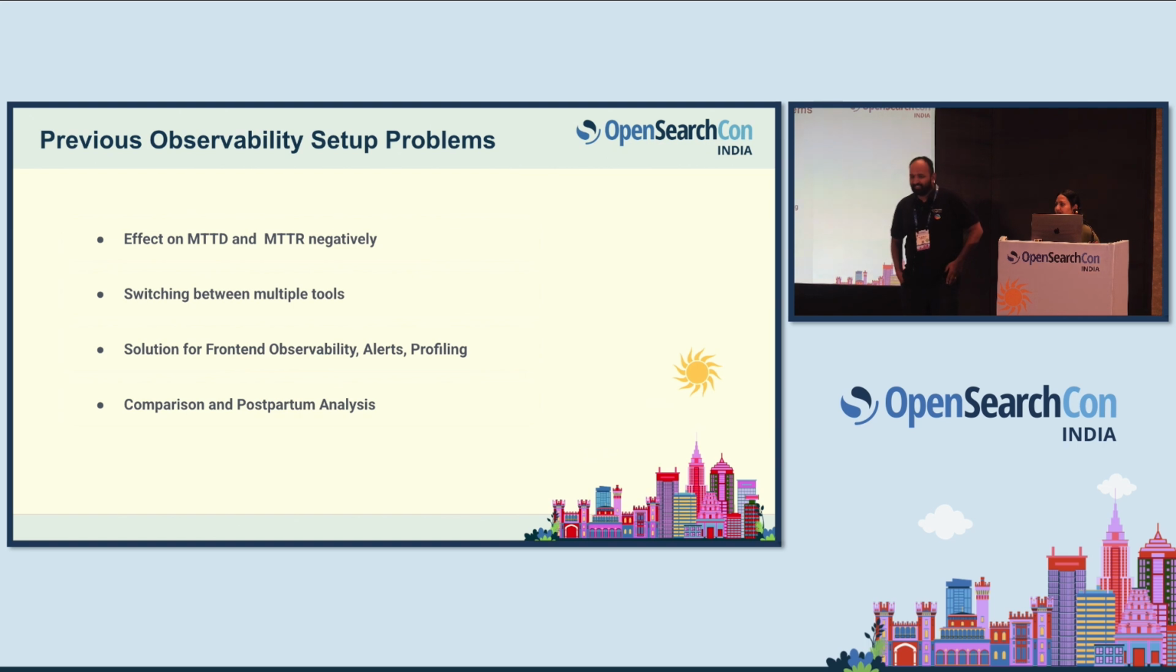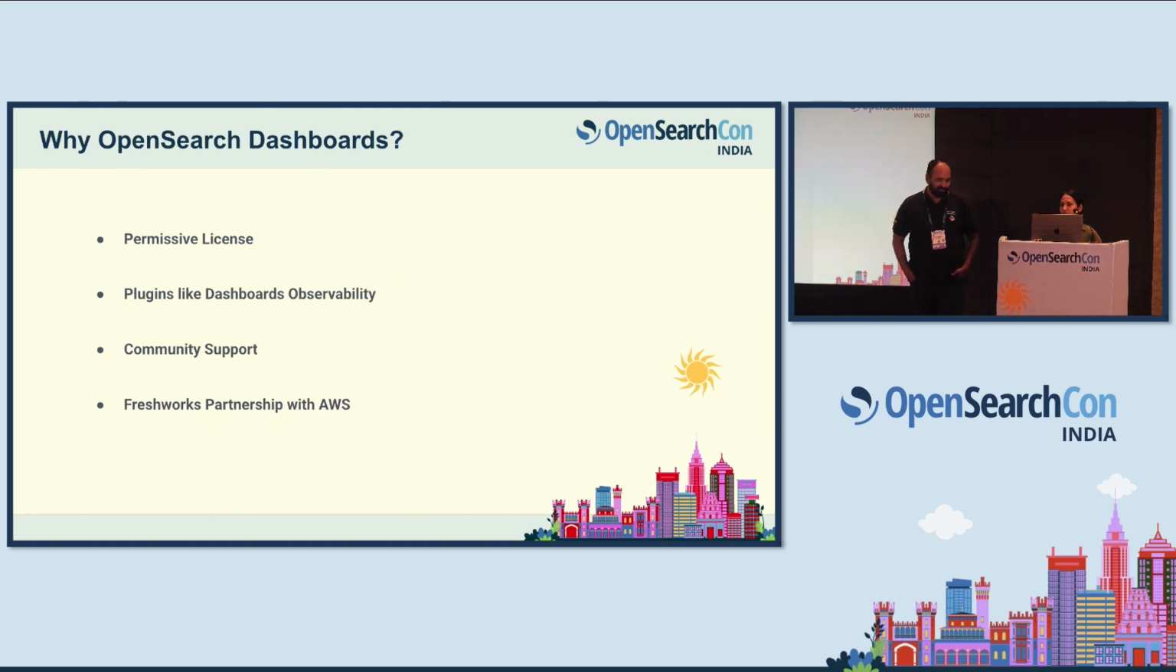We wanted a solution to have a place where I can see all of my observability signals. What is the solution? Then came the solution, OpenSearch Dashboards. Why did we choose OpenSearch Dashboards? To have all these signals. First thing, licensing issues, what we had with Kibana, because Elastic was moving to a different license and all. We wanted a license where we can customize our solutions to our Freshworks needs and have all the observability signals